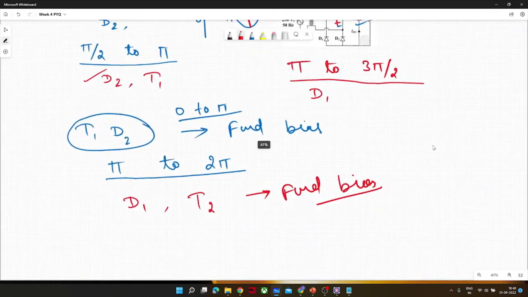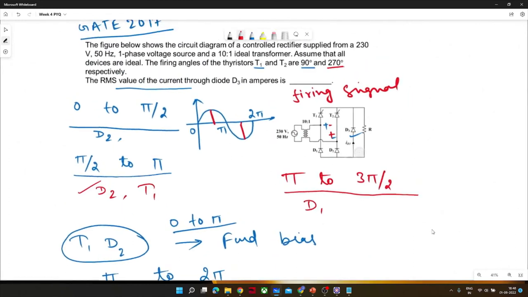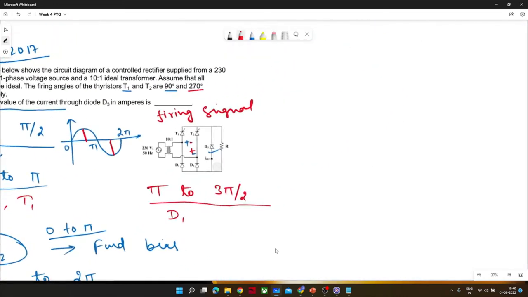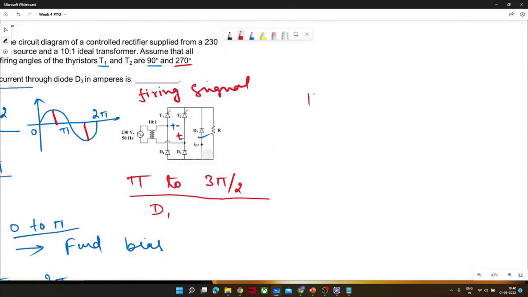So now I will move ahead. I discussed till pi by 2 to pi. After pi, what will happen? Pi to 3 pi by 2. T1 was on till pi, but after pi, T1 would only be on if any energy elements are present in the circuit or in symmetric configuration of